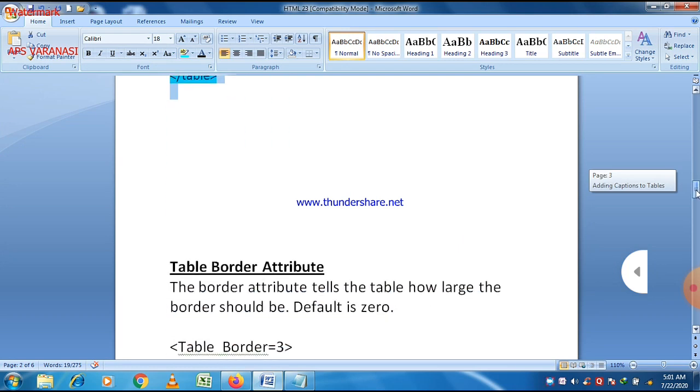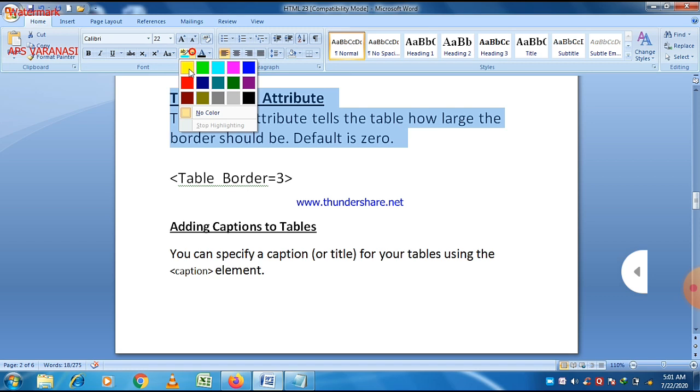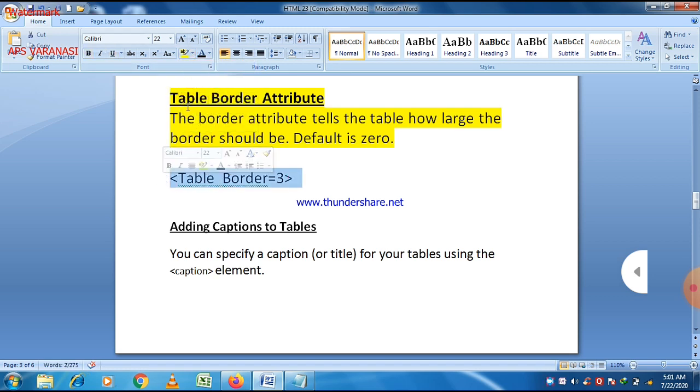So what we have to do here: there is an attribute named border, and if you define the border attribute, then there should be a border in your table. Its value starts from 0, and by default it is 0 as you see here. And if you put a value 1, 2 or 3, any number, then it will give you a border which is visible in your table.